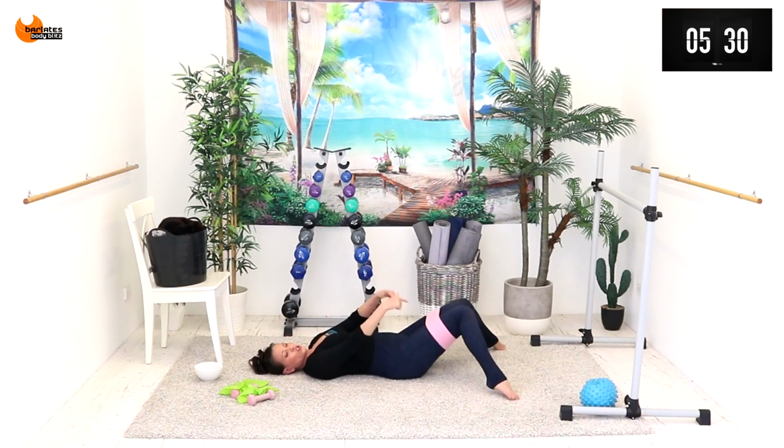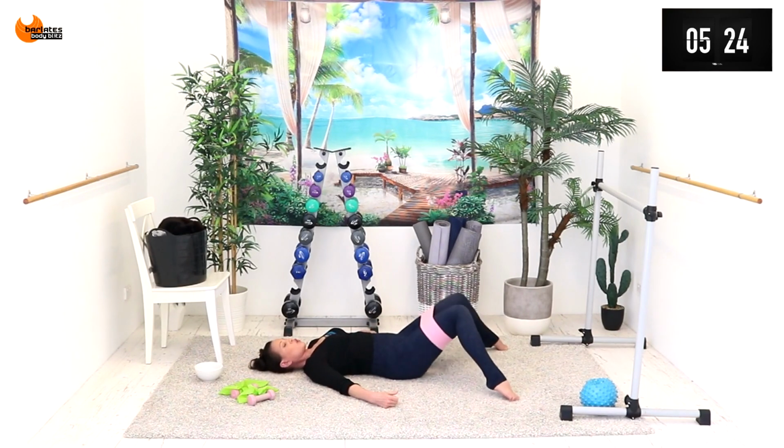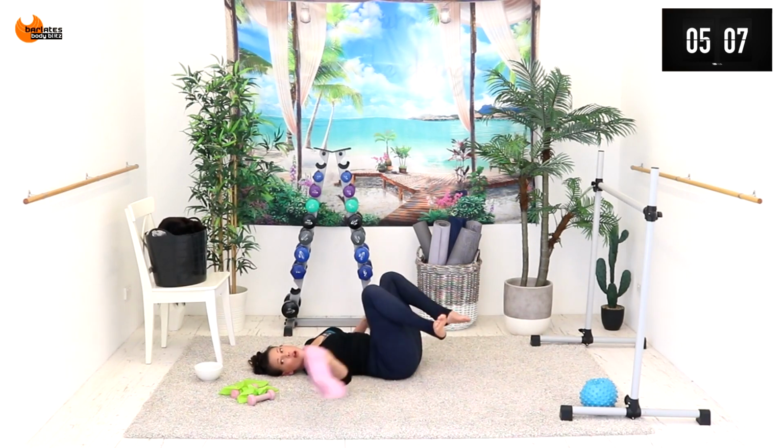Now stay down, keep that rotation and just push your knees out. So it's going from internal rotation to external rotation. I'm pressing my big toe into the mat, all the way out, in and out. 8, 7, 6, 5, 4, 3, 2, and 1. Nice job. Get rid of the loop, grab your ball,